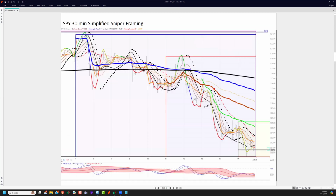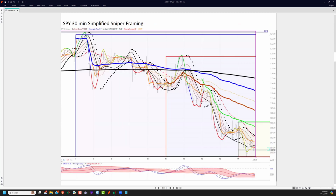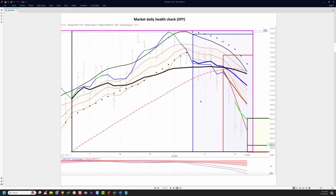On the daily, sorry. This is the daily. It was a large range day today, and it closed poorly, and it's testing that 500. Any break below that is psychologically really crucial. It is a wide move well out of the Red River, and the expanding Red River tells you that the